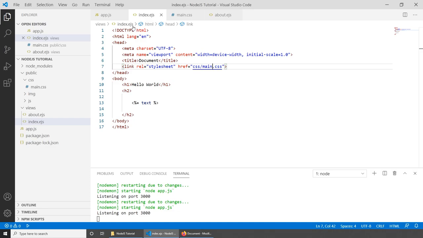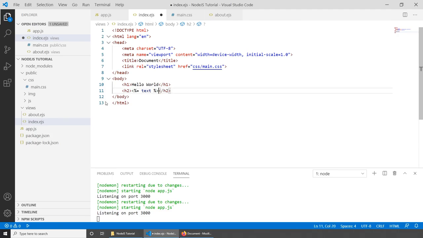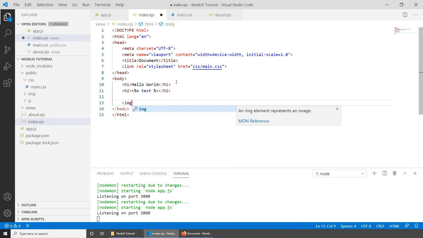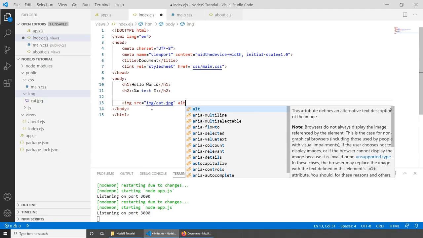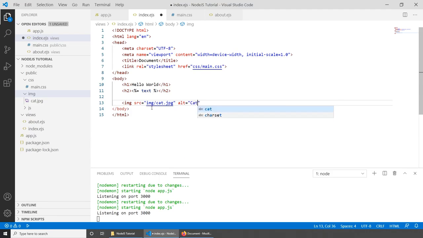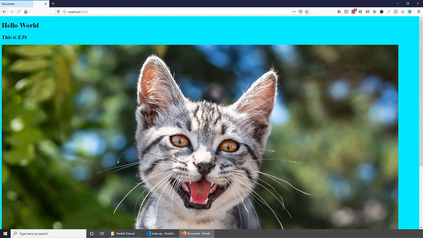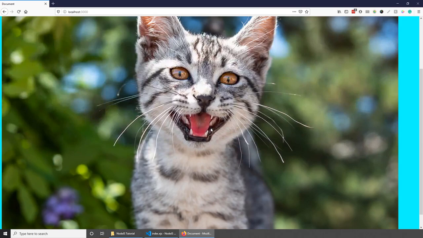And this also works for the JavaScript, images, and so on. So for example, if I wanted to add an image to this page, let's tidy this up a little bit and add an image. Source, instead of the source being public, then image, then the image source, which is cat.jpg. Now we can simply do img, which stands for image, and then cat.jpg. Give it an alt tag with cat and save. So let's go back to a project, refresh, and as you can see, we're getting the picture of the cat,